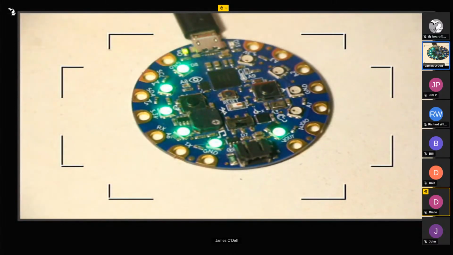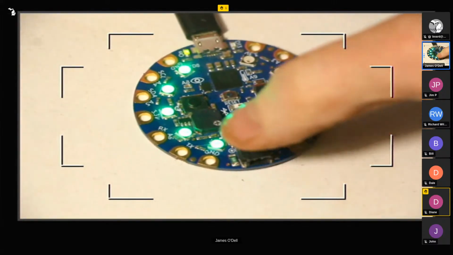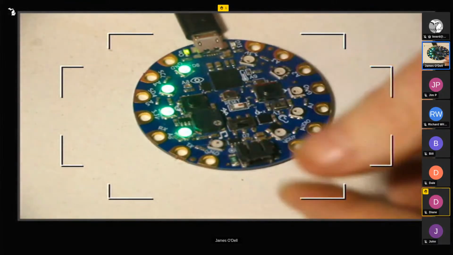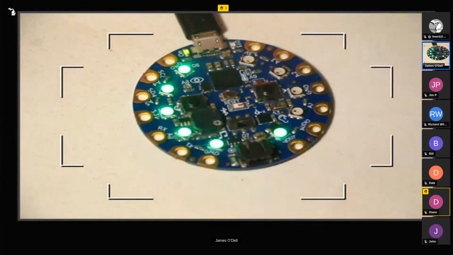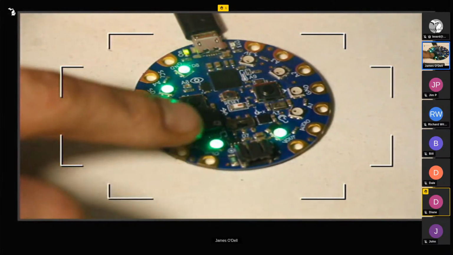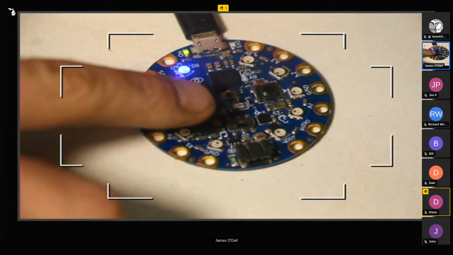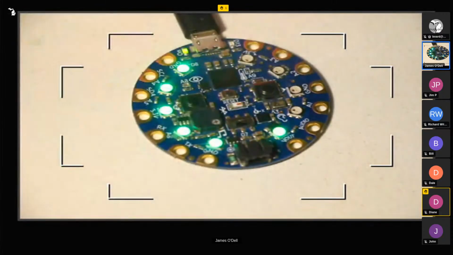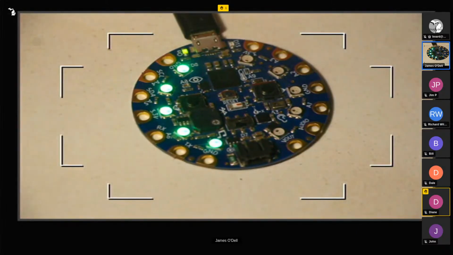Okay, so it works. I mean, it's basically working. If I cover the light sensor, you can see that the lights drop. My problem is I changed the min-max value of the sensor to respond to the NeoPixels, and it wasn't as bright as this. So I have a little problem going on. Not major, but